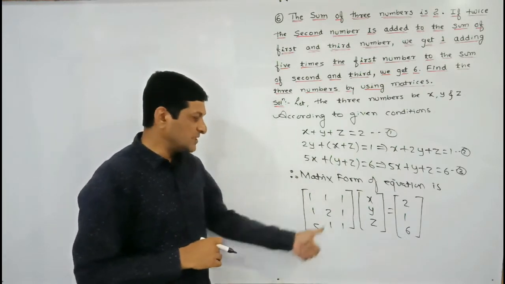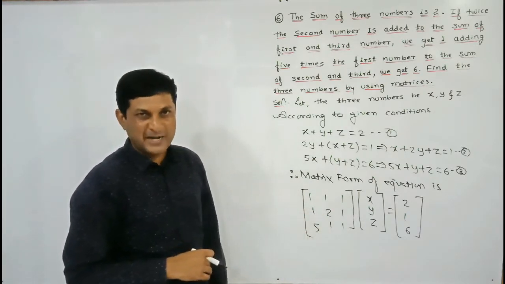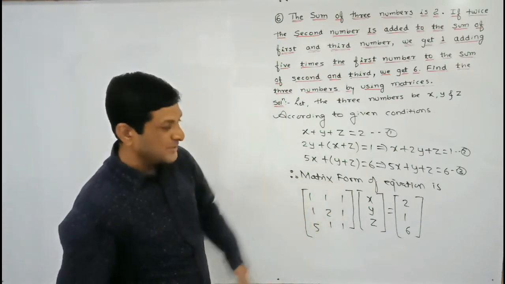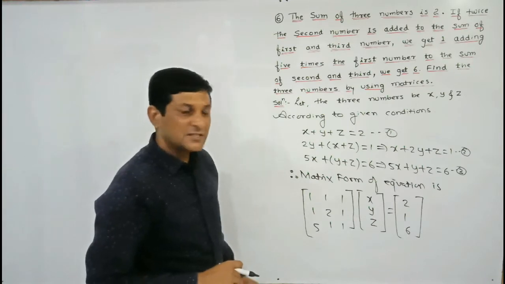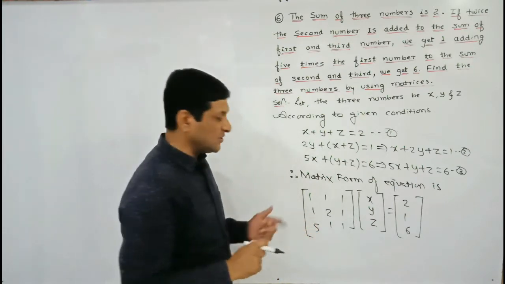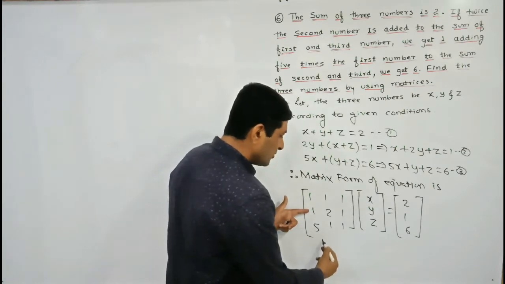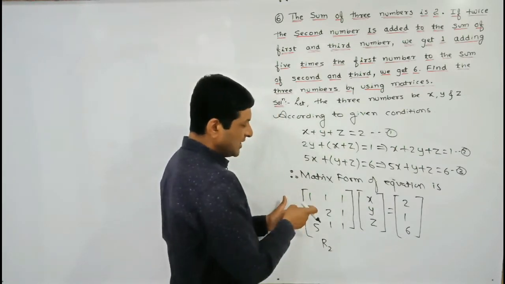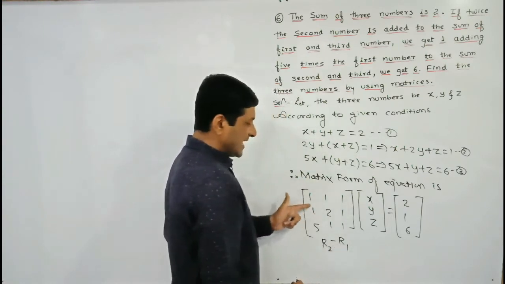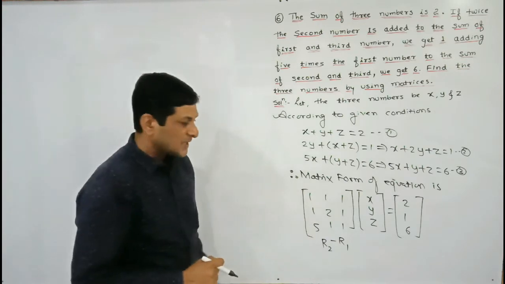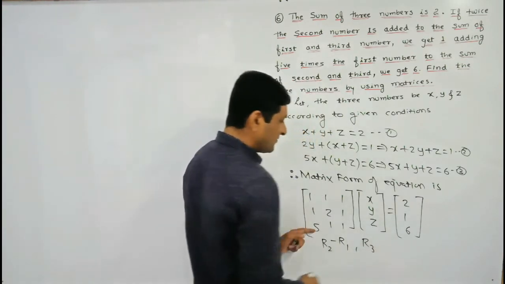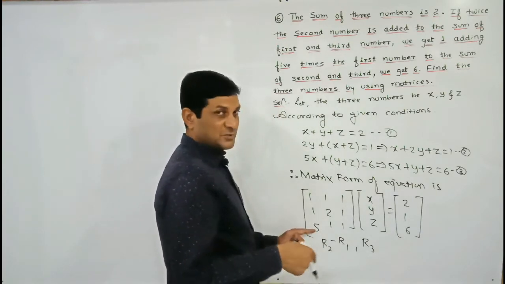As we are solving this example applying the reduction method, we have to convert the first matrix into an upper triangular matrix. To convert it into upper triangular means all the elements below the diagonal elements should be 0. How many elements are there below the diagonal? 1 2 3. Let us try to convert these three elements into 0. This element belongs to R2, so our operation is on R2. If from R2 we subtract R1, this element will become 0. Later on, to convert this 5 into 0, it is an element of R3, so from 5 we have to subtract 5.